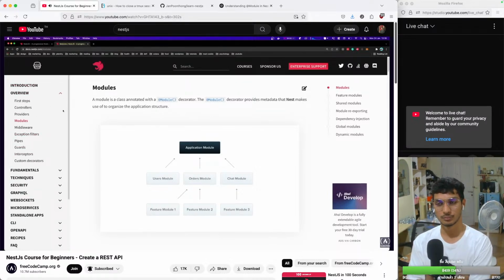And for instance here, module, it's written that it's a class annotated with the module decorator, and